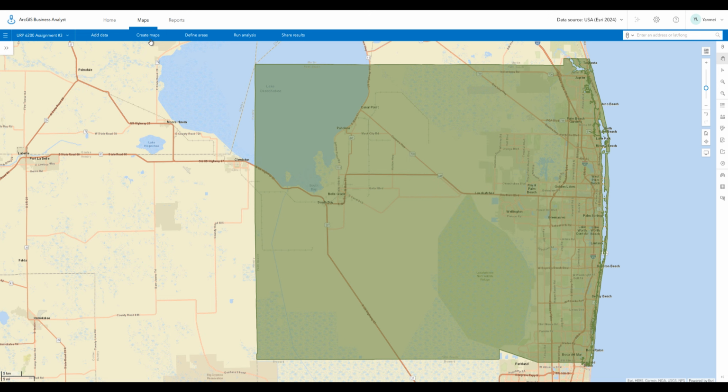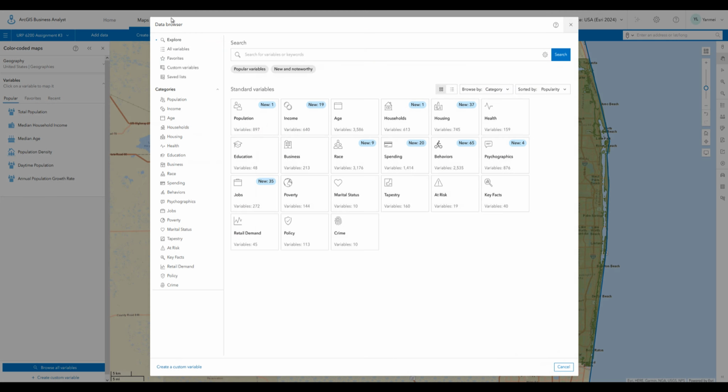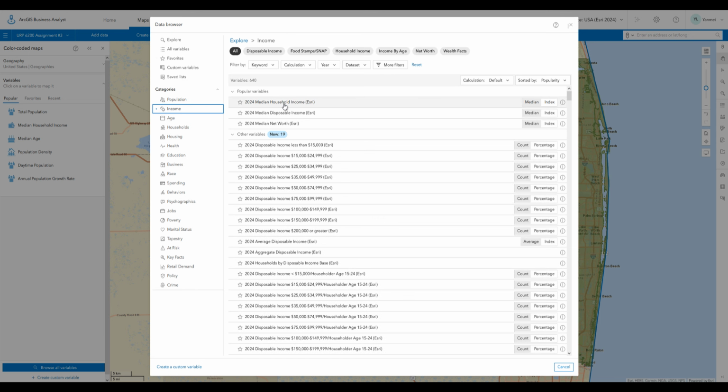And then I want to create a color-coded map. So I go to create maps, color-coded maps. And then I want to browse all the variables. Income is here, but I'm still going to try to find it. So browse all variables, and then on the left side of the window, find the income. Median household income is most often used, so it's often on the top, popular variables, but you also have to double check, make sure it's median, not percentages or some other things. So it looks good, and let me click this,